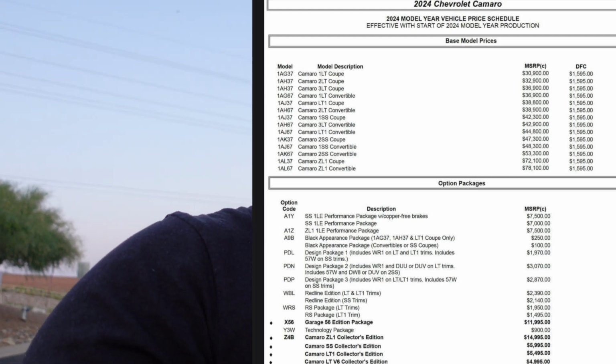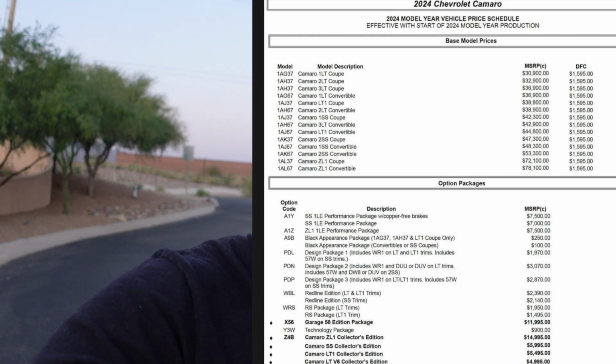You tack that on, that's like 82,000. We're getting to like truck prices. There's so many cars that you can get that I feel are better. Don't get me wrong, for 80,000, that's pretty steep for a Camaro, man. That's really steep. If you want the collector's edition